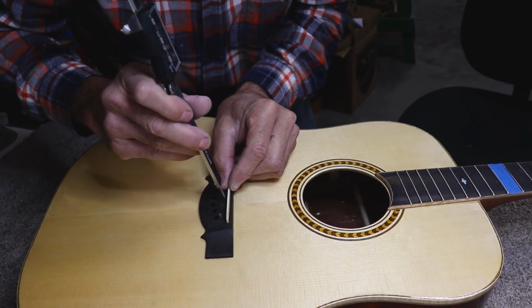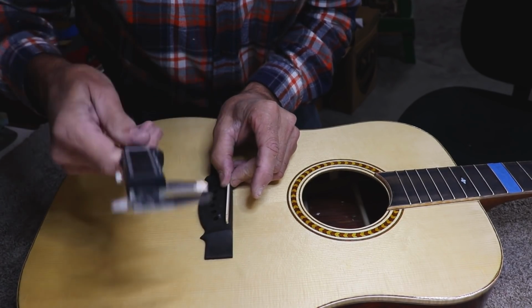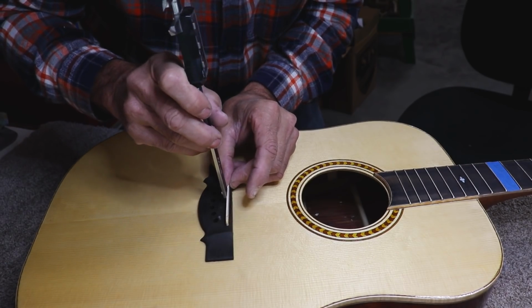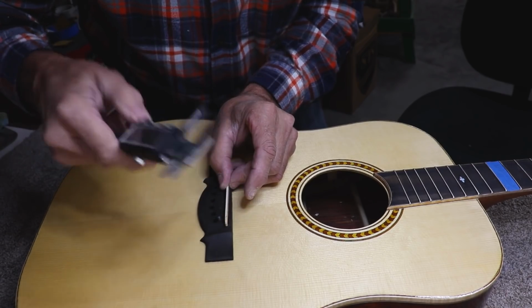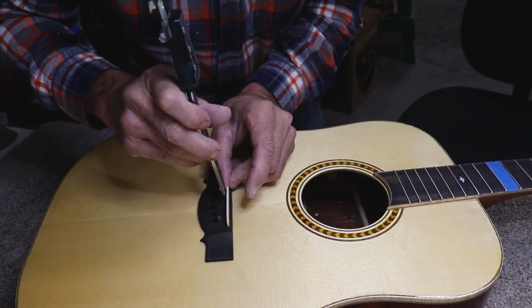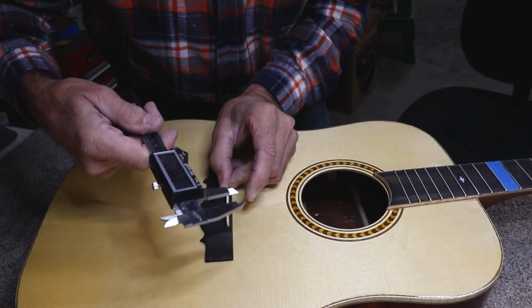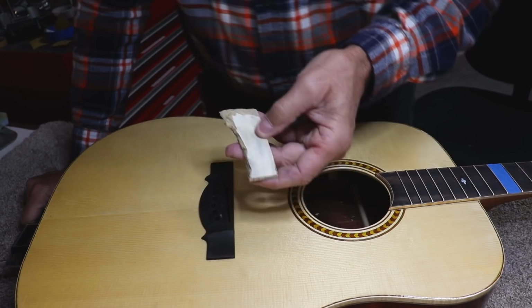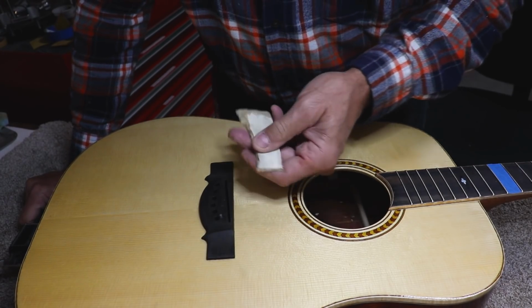So what I'm going to do, this is the saddle I had in there, and I'm just going to measure the overall height of it, including the depth of the slot. I'm going to measure that a couple times. Well, that came out to the exact same measurement twice, so let's see if third time's a charm. Close enough. So I'm going to make this about 480 thousandths tall, which is real close to a half inch